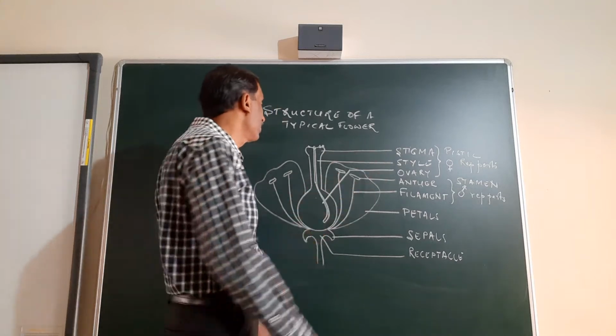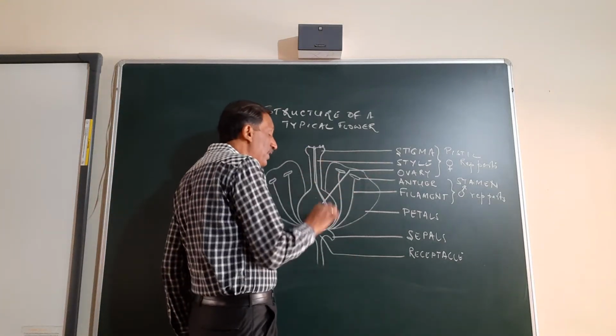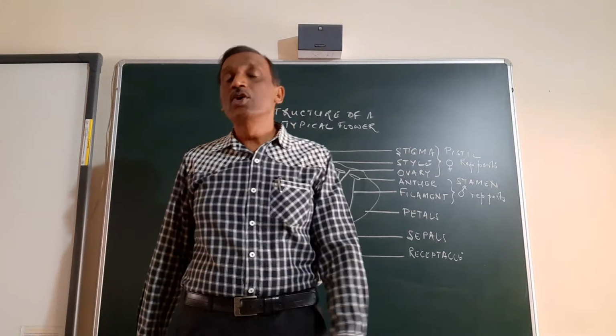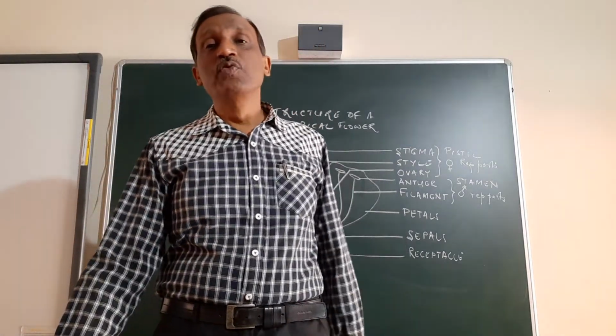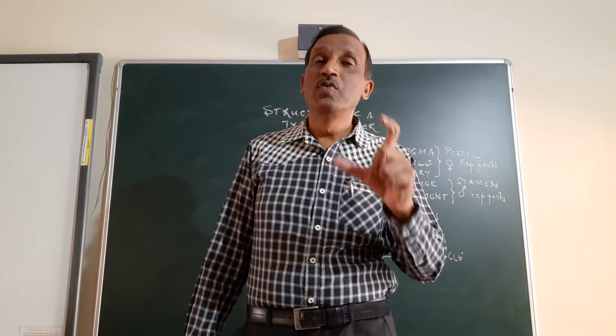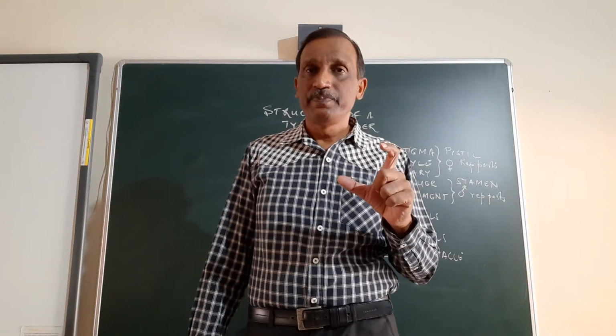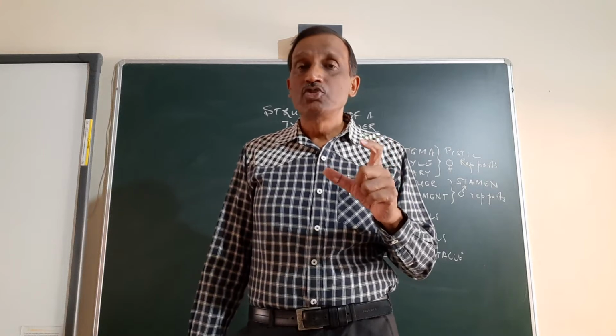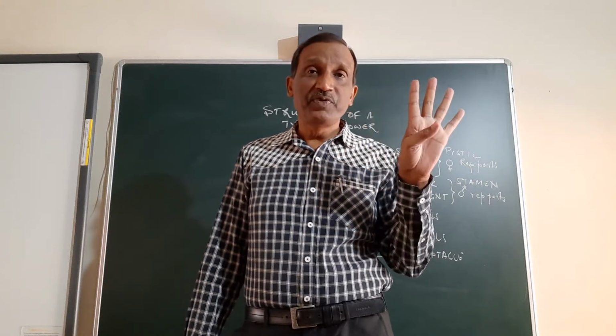The God is created structure, the stigma and the style, and the last one is the ovary, and the ovary is the part in which the ovules are there, and ovules are there in which the ovum, that is the egg, is there. ठीक है? So the 4 parts and their function we are done.